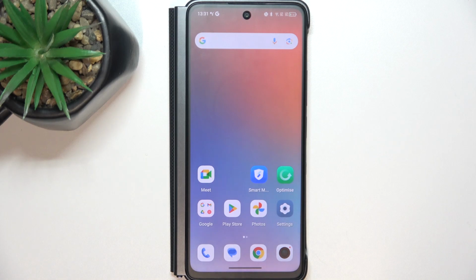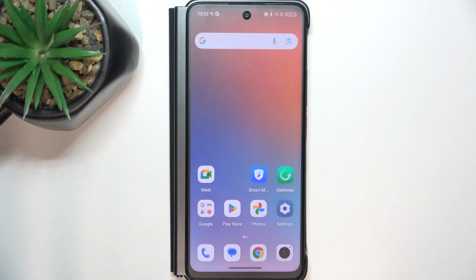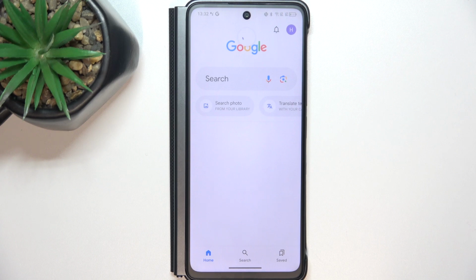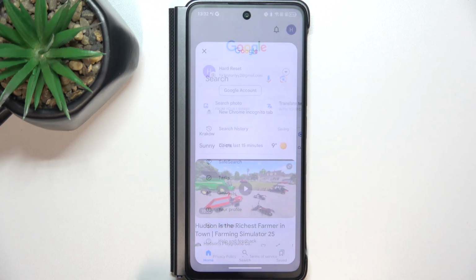Hello, in this video I'm gonna show you how to enable OK Google on TCL 50 Pro NxtPaper. OK Google allows you to trigger Google Assistant with your voice, and you can set it up in the Google app. So go to Google app, then click on your profile icon in top right corner and click on Settings,